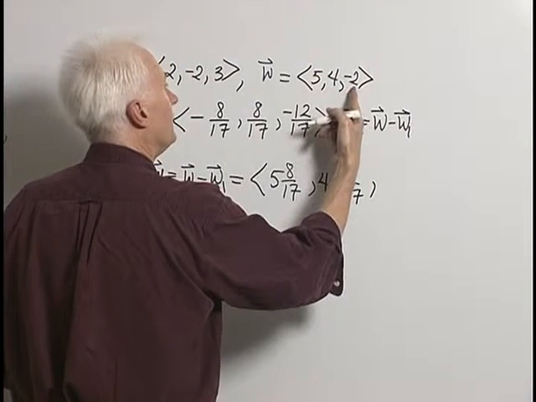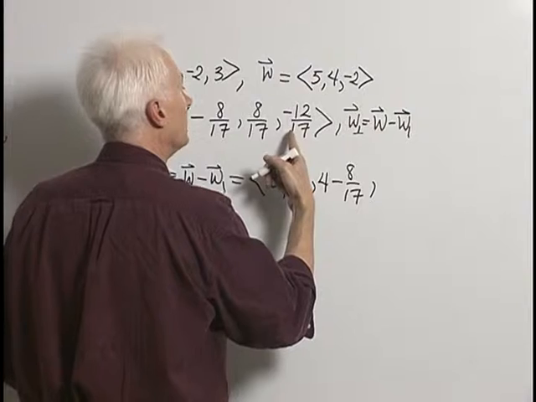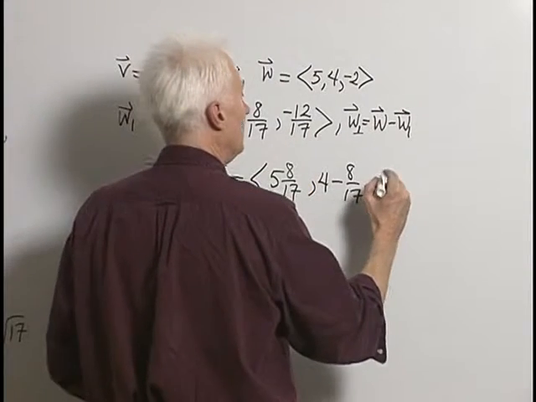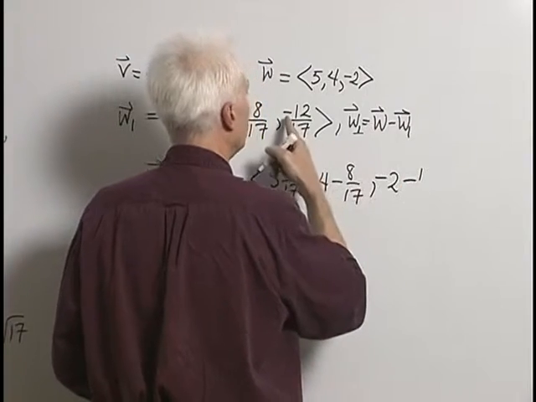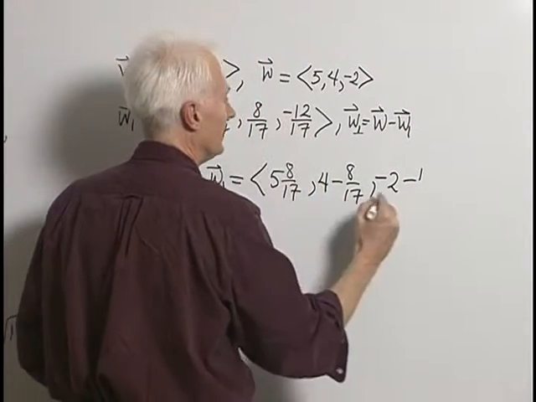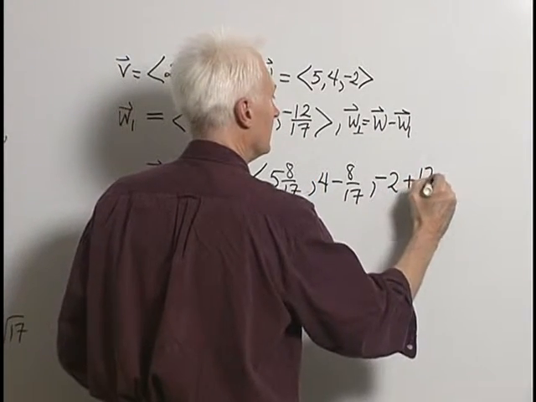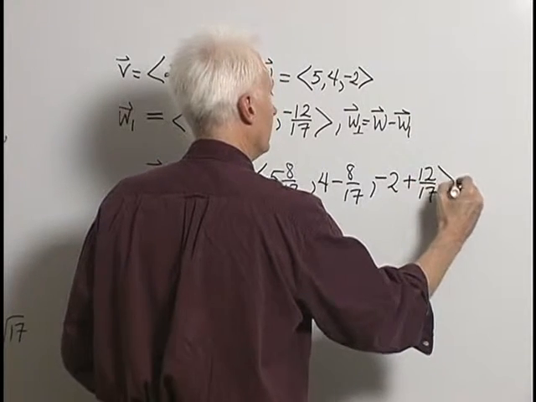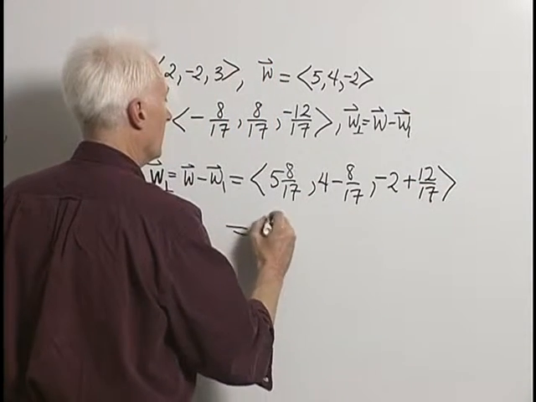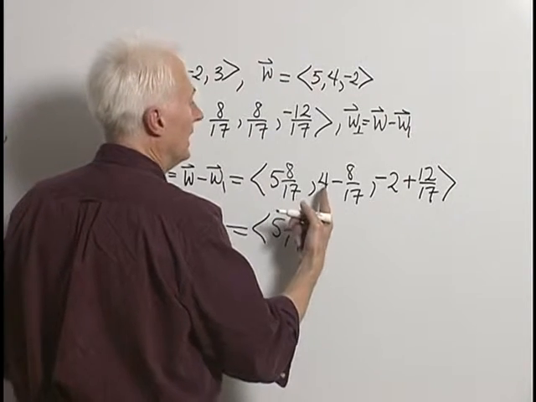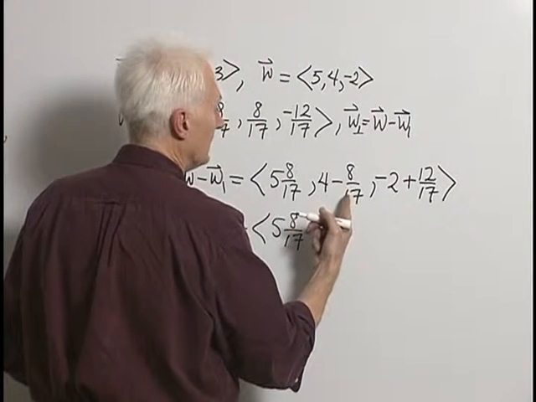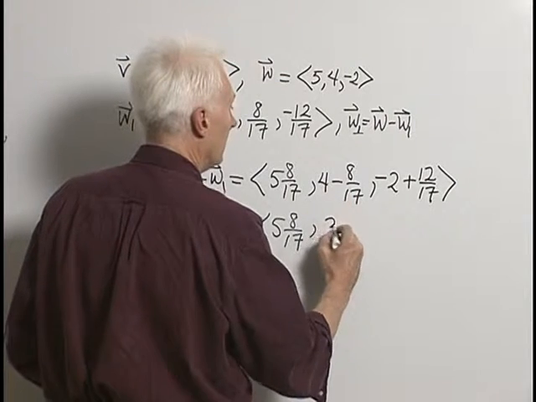And negative 2 minus, excuse me, minus a negative 12/17, that would be plus 12/17. Okay, so we have 5 and 8/17, comma, and of course 4 minus 8/17 would be the same as